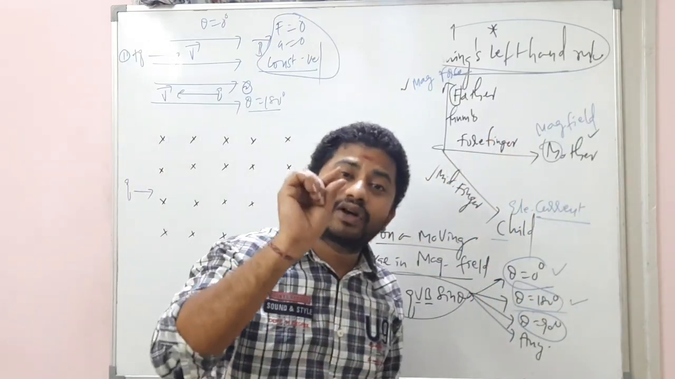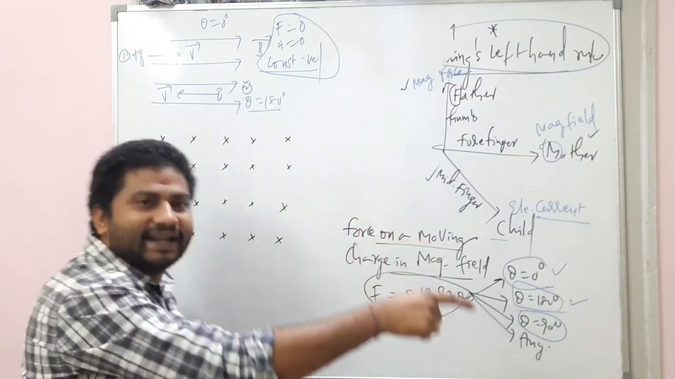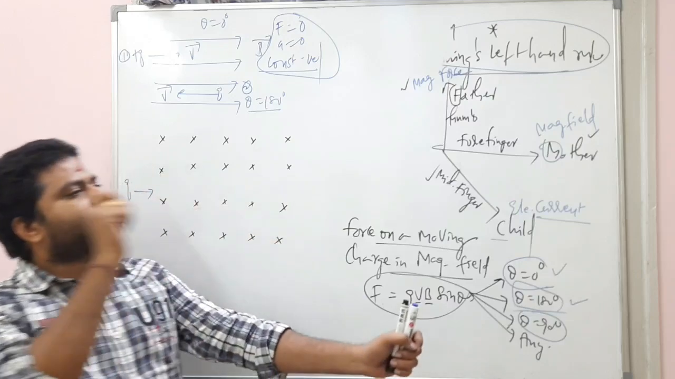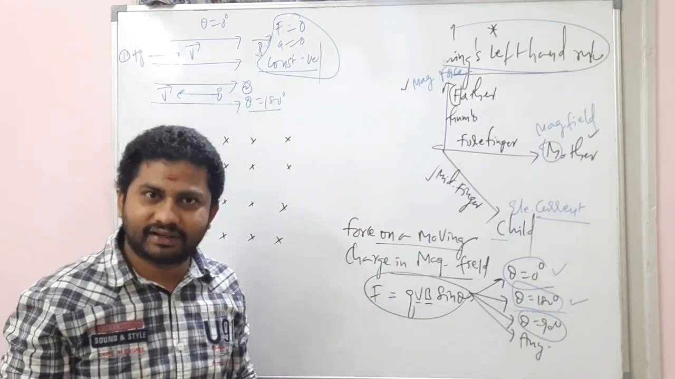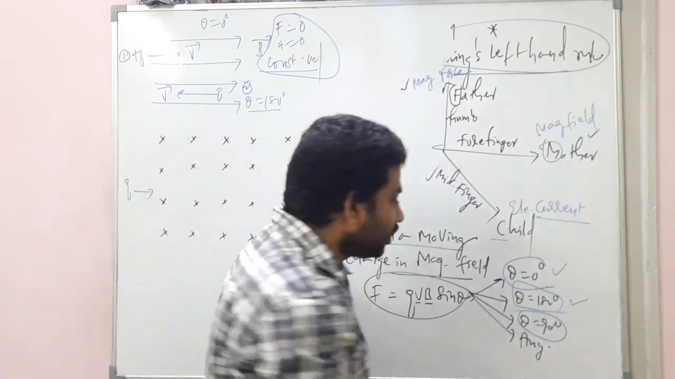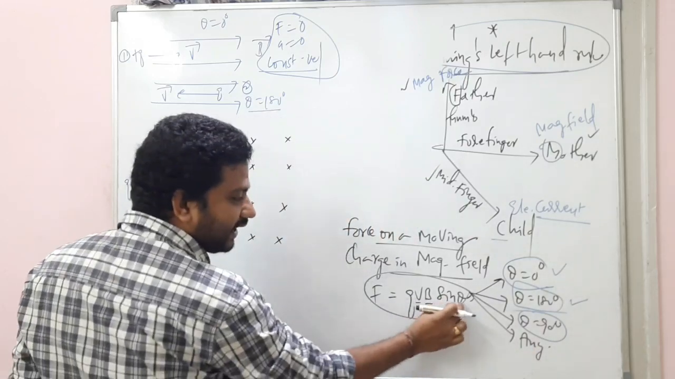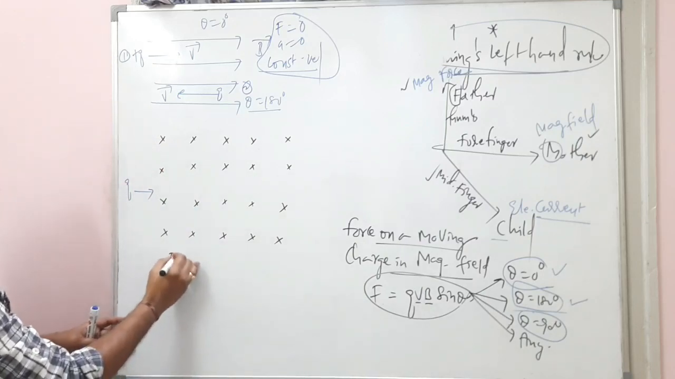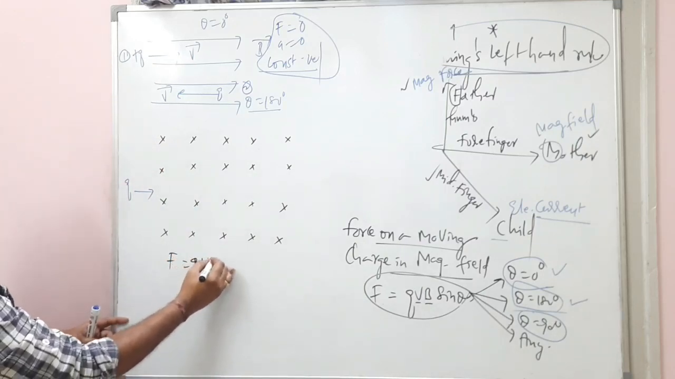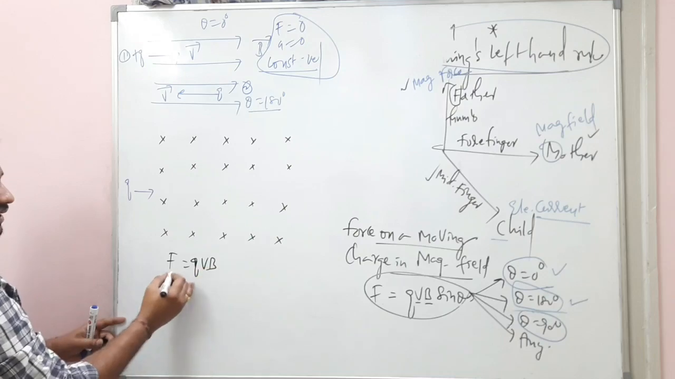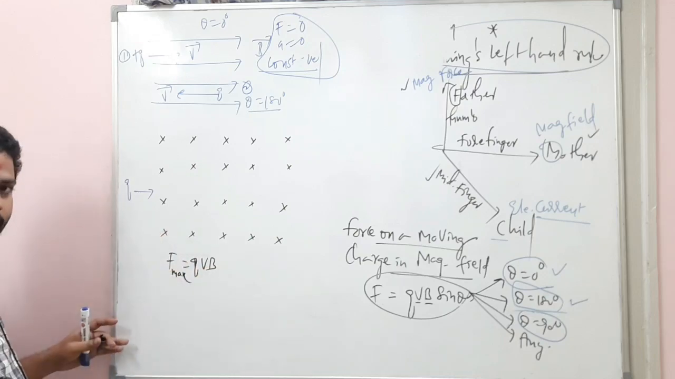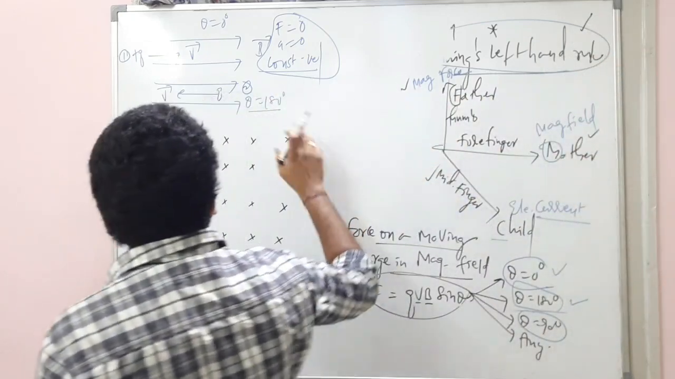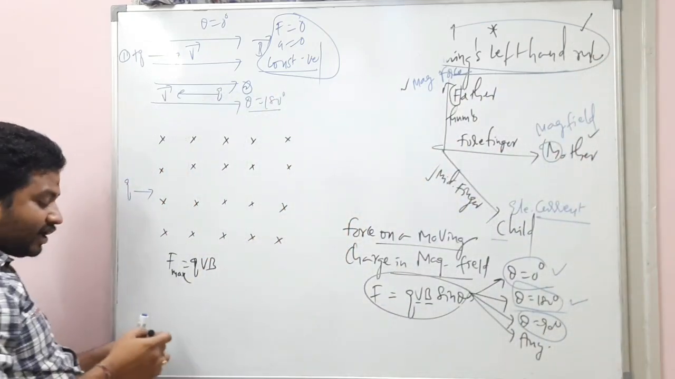Now I have a positive charge which is projected like this. See how simple it is. The magnetic field lines are into the plane, and I'm just projecting a charge here. What happens? Perpendicular to each other, right? So when theta is 90, sin 90 is 1, we get force F is equal to QVB. That means a maximum force we get, my dear children. If you apply Fleming's left hand rule to find the magnetic force in this case,